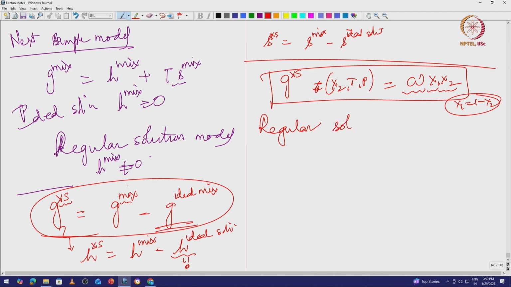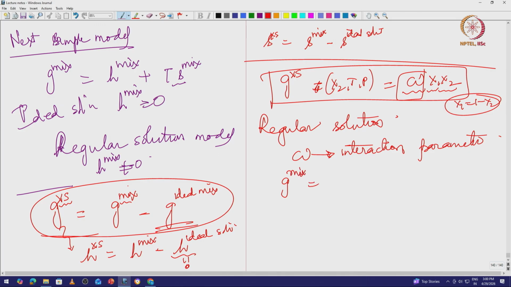So, first let me define it mathematically before looking at what this omega is. Omega is what is called the interaction parameter. Before looking at the physics of it, let us just mathematically define G excess equal to omega times x1 x2. Now, if G excess is that, we can then ask what is